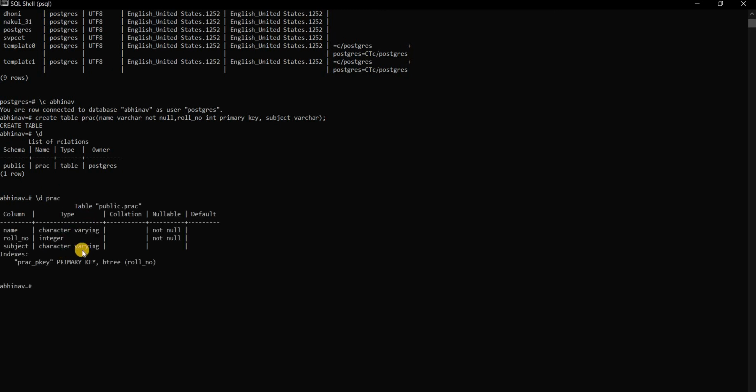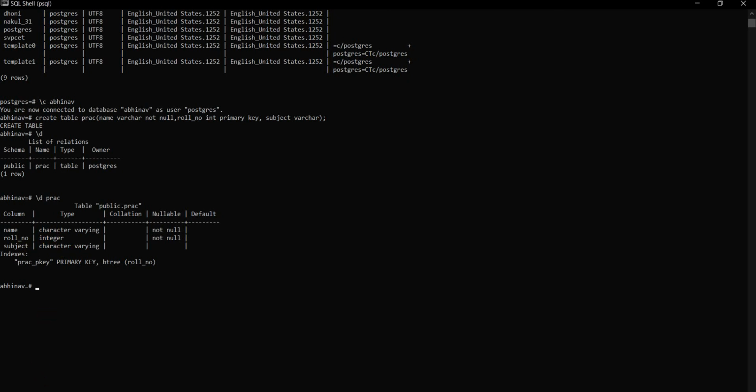We can see the columns: name, roll number, and subject. And what are the types of each column? Name is varchar, not null, roll number is integer, and subject is character.